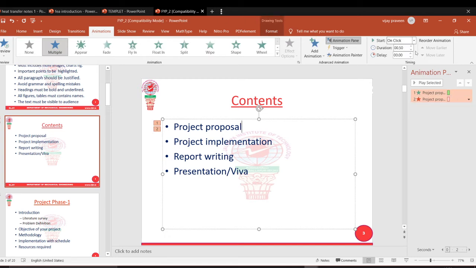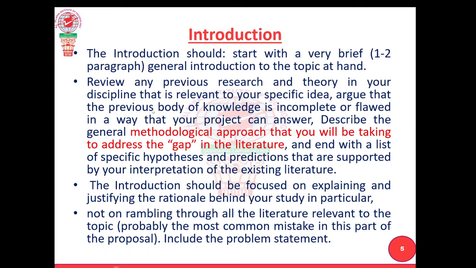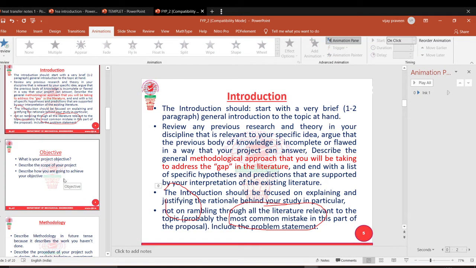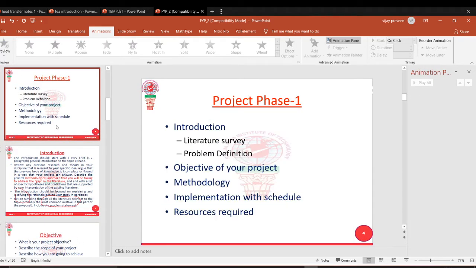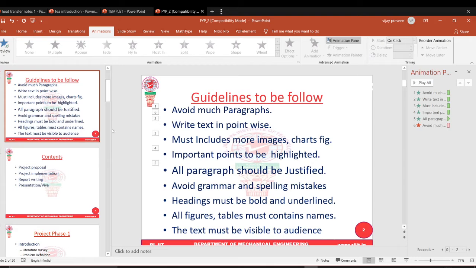So let us increase the duration. Suppose 50 seconds is there, I will increase the time. A delay I will increase to 25 seconds. Then I will play it. Now see, it is delayed. Now it's going. The first point is coming and finally it's going. So it's better, whether you have to keep the things, or if one point is visible, after that the same point has to exit. So that depends upon your choice.